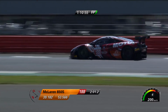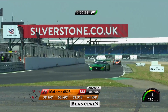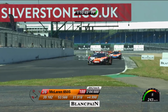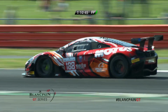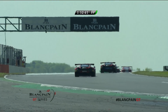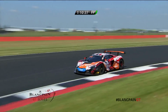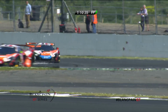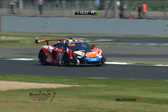Yeah, we sort of felt they were coming, and they certainly are. So at the moment it's Audi with Winkelhock on board, then Bastien in the Mercedes, and then the Ferrari. And then in 4th place, another Audi with Alex Riberas. Don't forget, Riberas had a spin early on, so plenty of variety at the very front end. Car number 19 is 5th at the moment, which is the best of the Lamborghinis, and that's being driven at the moment by...